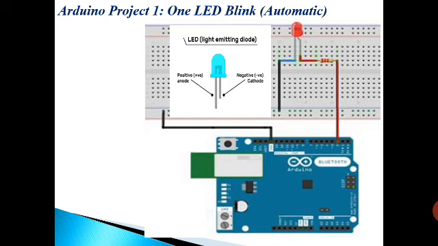Okay, so if the negative is connected with the negative of the battery, and I don't connect the positive, then this LED will not glow. So this LED will work only if the positive is also connected. So if I connect the positive with the positive of the battery, the LED will glow. If I disconnect, the LED will not glow. So this concept we are going to use in the Arduino project.